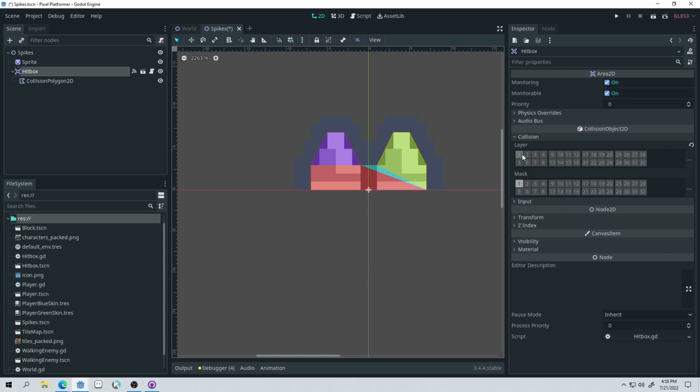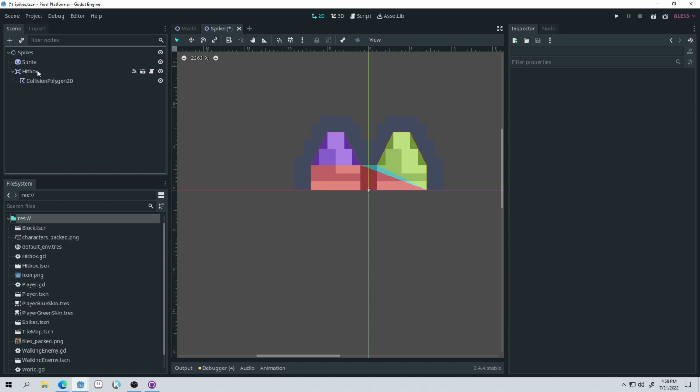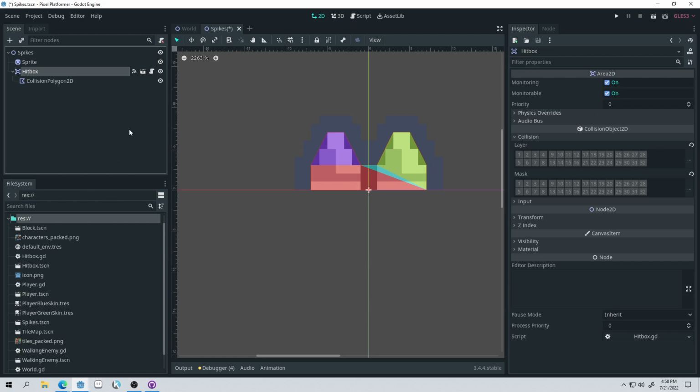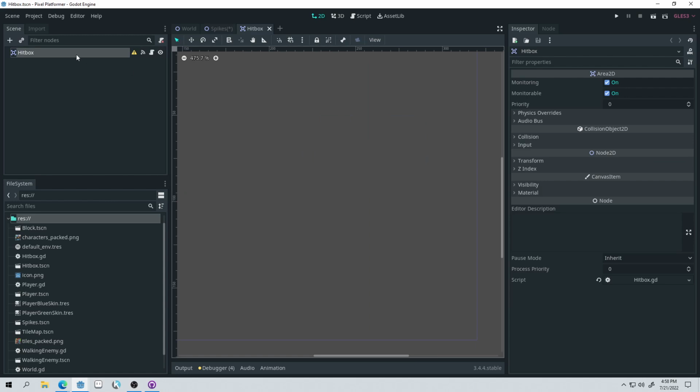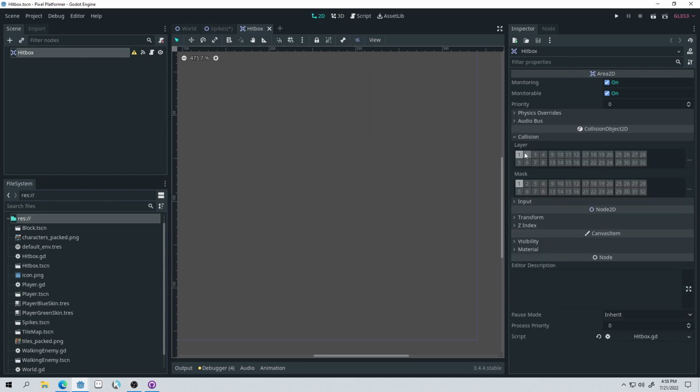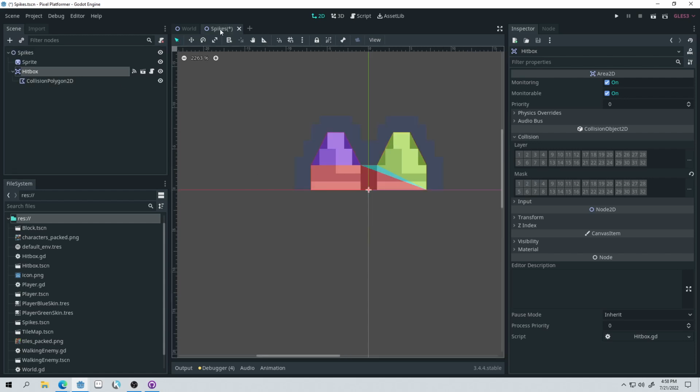We actually want to turn off both of those. Okay. We want our hitbox, in fact, what we need to do is do this inside of the hitbox scene. So we're going to click on this little icon here, little scene icon. And inside of our hitbox scene, we're going to come into collision and make sure that it's targeting characters. So layer is none. It doesn't need to be on any layer. And it's targeting characters. So now this hitbox will by default target characters, and come into your hitbox here, and